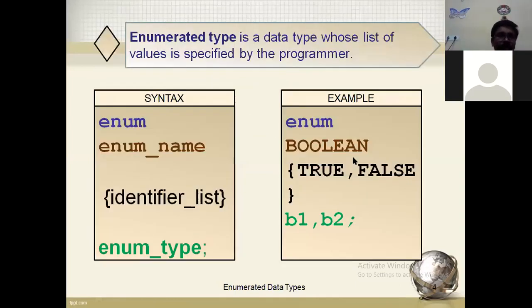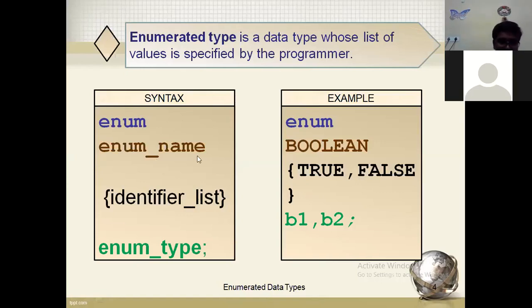Next, come to the syntax. For that purpose, enum is the keyword. You have to give the enumerated name after the enum keyword.